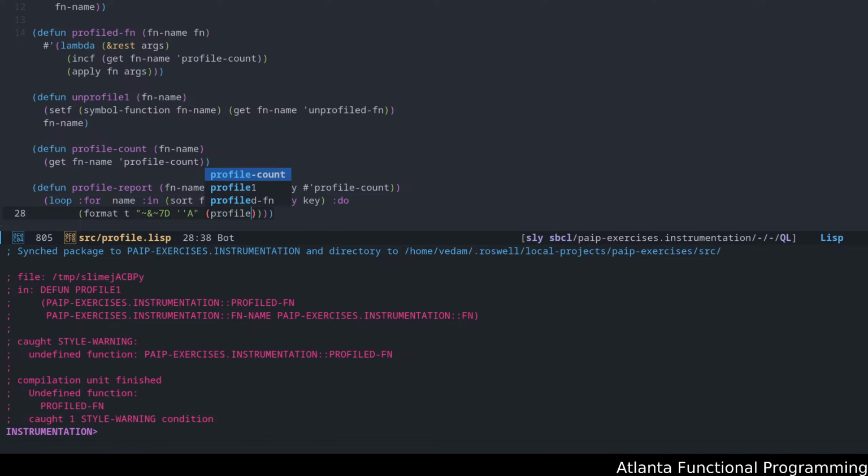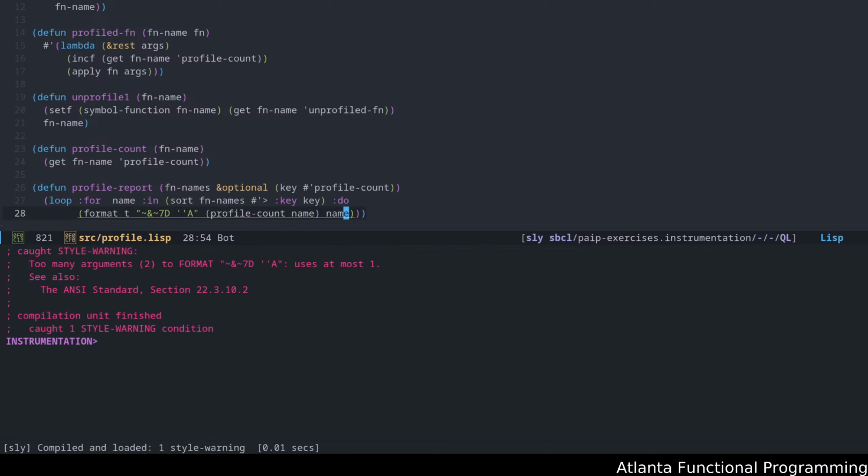I've seen this. This is the one thing about the book that I wasn't sure about that I wanted to try out here. Name and name. Okay. Let's see if it hates... too many arguments. Okay, that's what I thought.